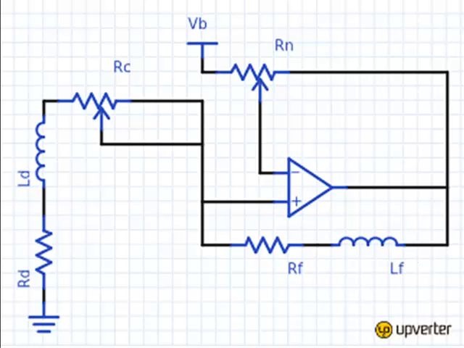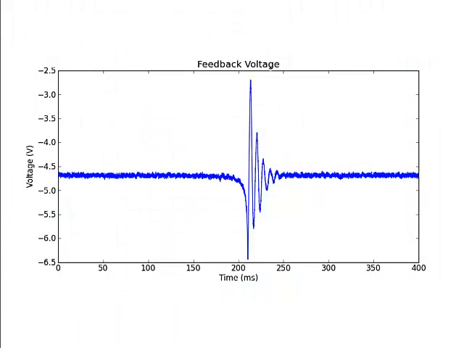Rn sets the gain of the total negative impedance, and then Rc compensates the resistance so that it stays positive and doesn't go negative, because the negative resistance is a positive feedback loop. So we needed to make sure Rc was big enough to keep the resistance just over 0. And when we got those both very close to 0, we got a pretty good result. The impulse response had a second order damped response, in the electrical domain at least. We did not quite levitate the magnet, but this is very good results,